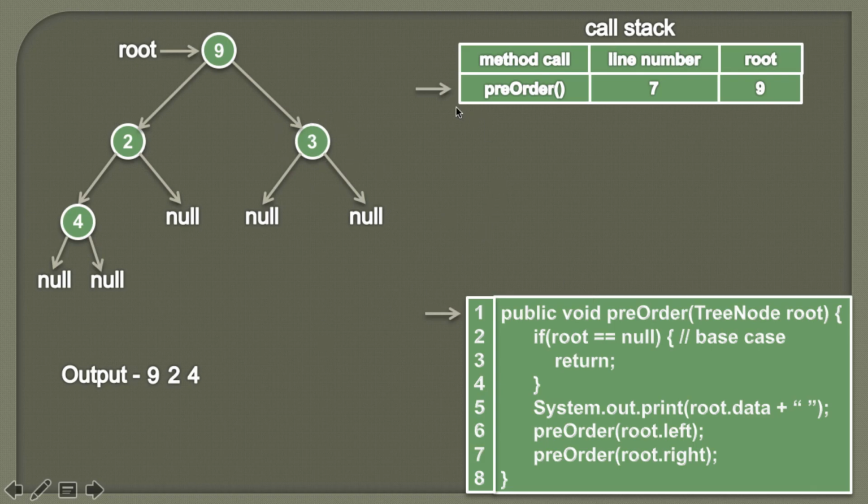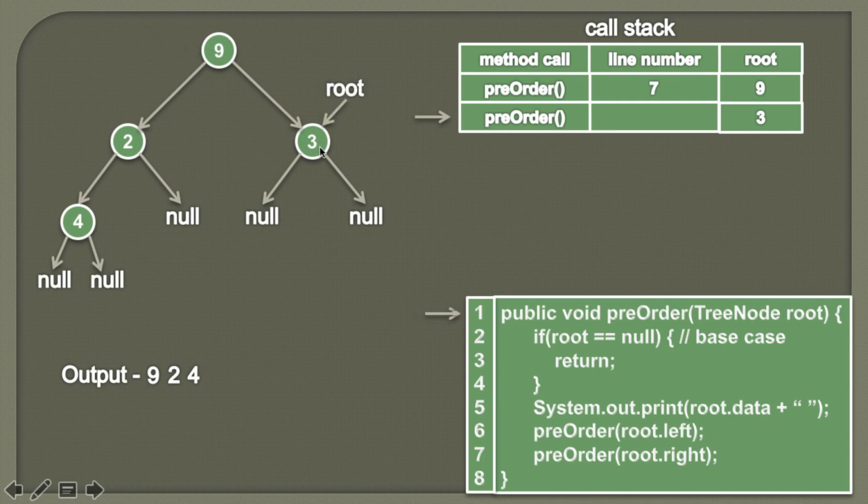We also know that there will now be one more method on the stack. So now pre-order will start executing with a root having data as 3. Therefore root will point to the node having data as 3. Moving ahead, we'll check whether root is equal to null or not. Currently root is not equal to null. So we'll simply process this node, and then we'll start processing its left subtree and the right subtree. We'll print the data for this root node, which is 3. And then we'll process the left subtree of it.